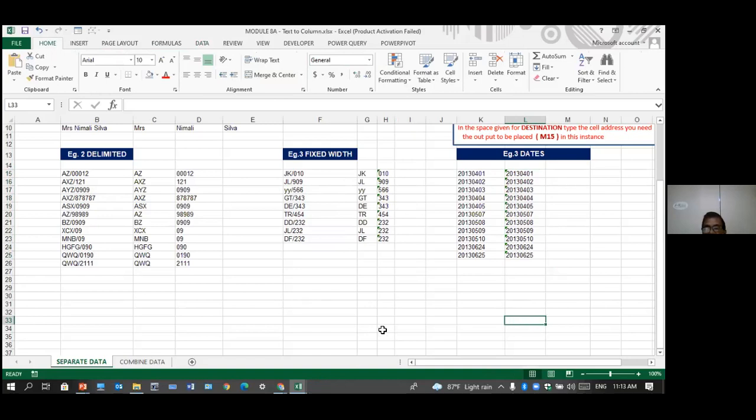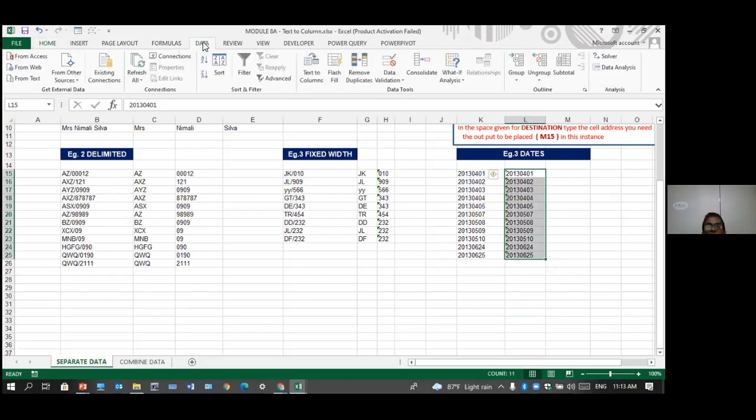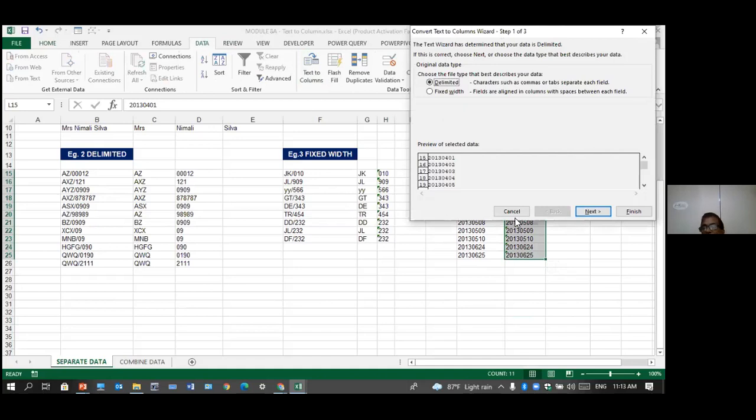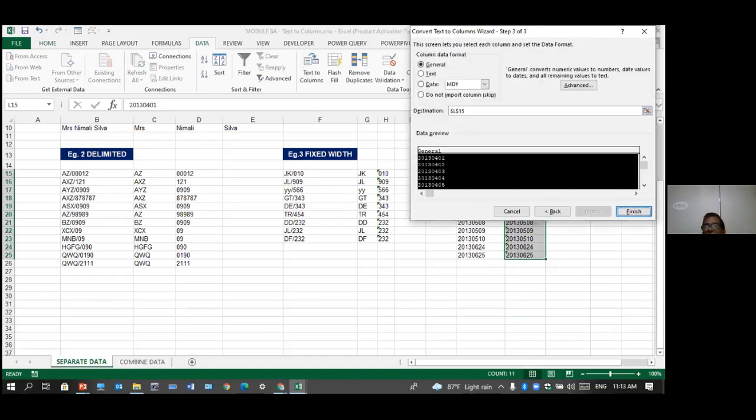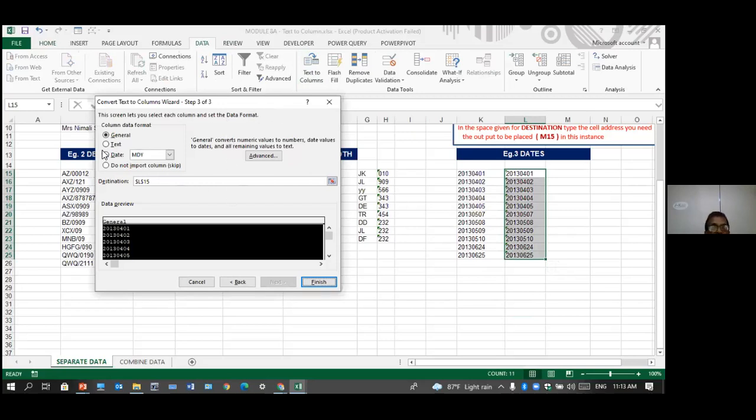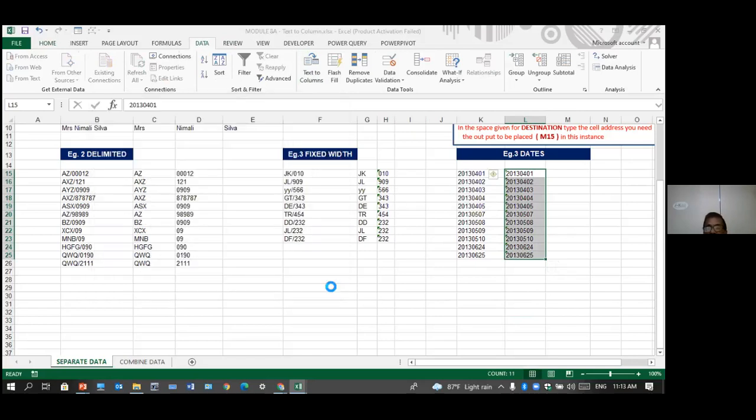I think this is the most important thing that I use it for. When you get data from SAP and MoveX and all those databases, sometimes the date is in the wrong format. So what you do is select it, go to Data, Text to Columns, and simply click Next and Next. Don't worry where you are, go to Next, and here click on Date and change the format to the format you have here. It's YMD: first the year, then the month, then the day. So change it to YMD, and say Finish, and it will put it on top of that.